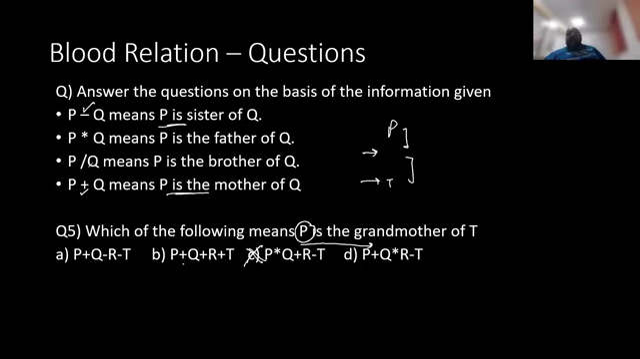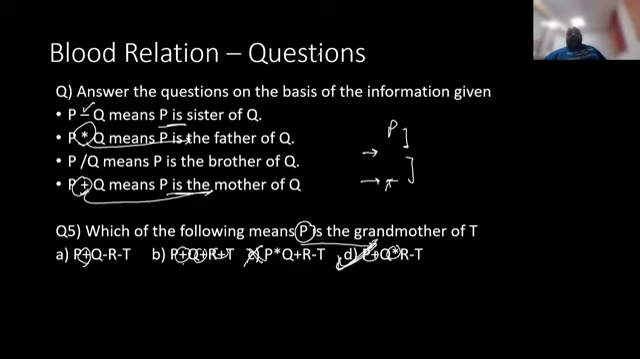When does a generation gap happen? Whenever there is a multiply sign, whenever there is a plus sign. So between P and T, there have to be exactly two plus or multiply signs. Here there is only one. Here there are three. Here there are two. And therefore, this has to be the answer. Just looking at the generation and the